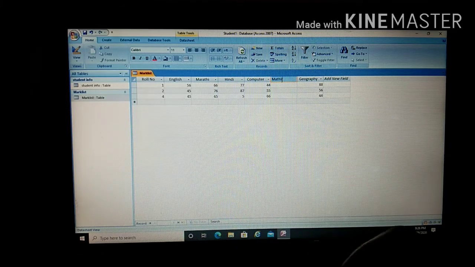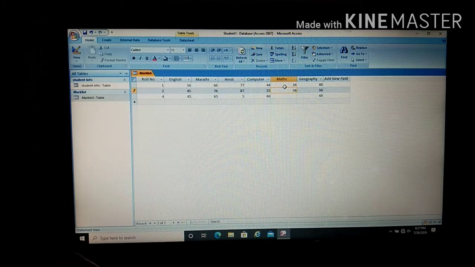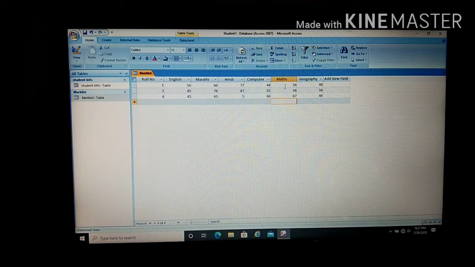Okay. Now I will enter the marks. Okay, so like this you can add, you can delete, and you can save.